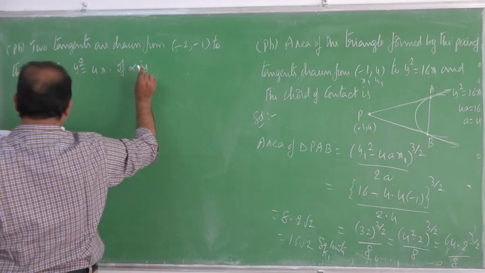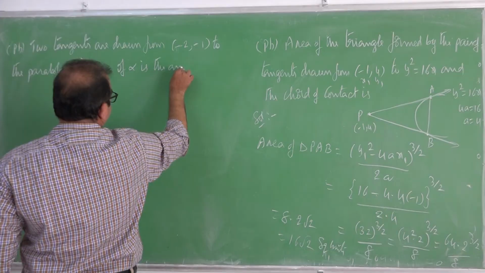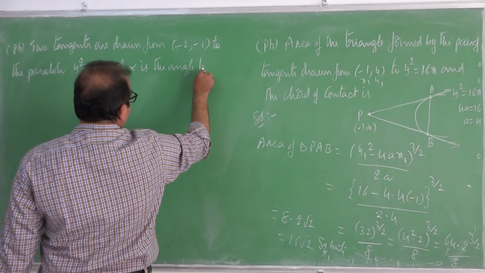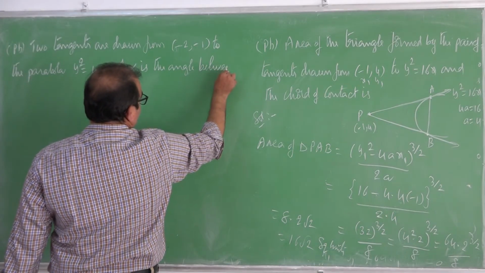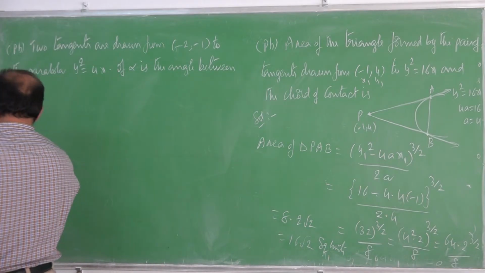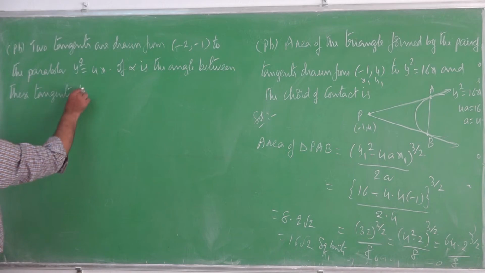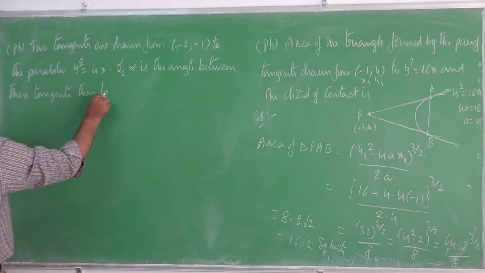If alpha is the angle between these tangents, then tan alpha is equal to,